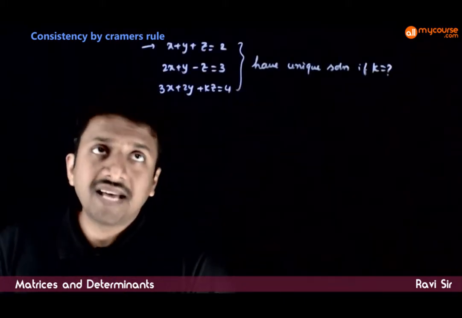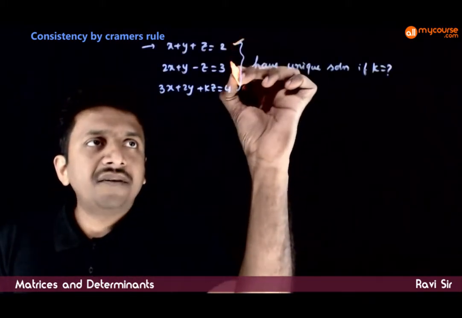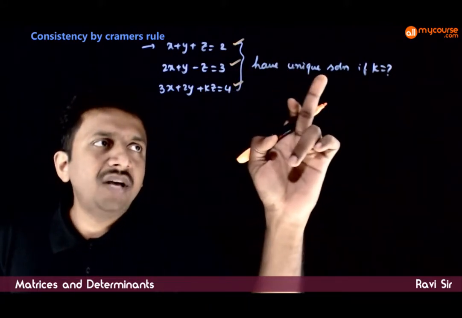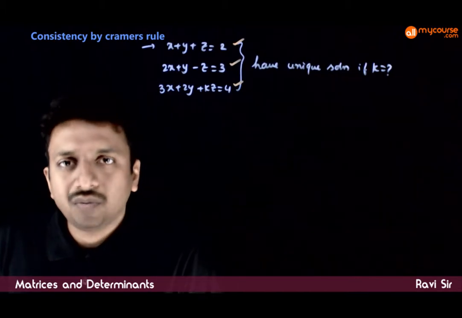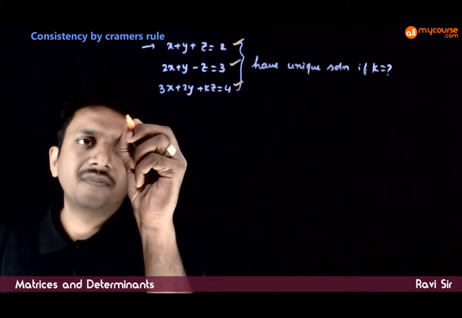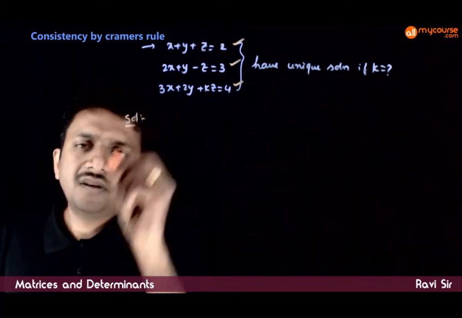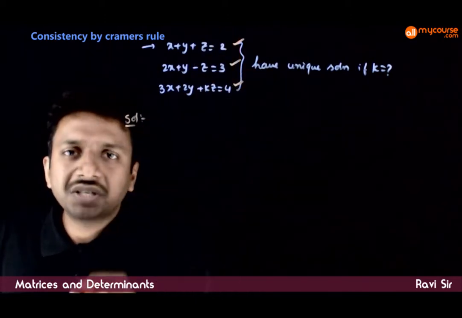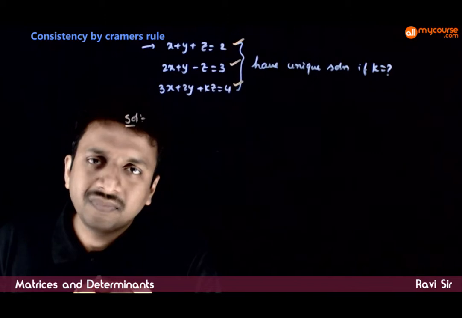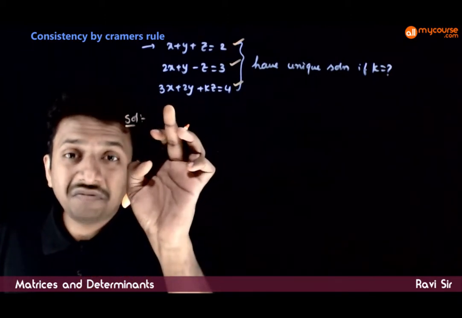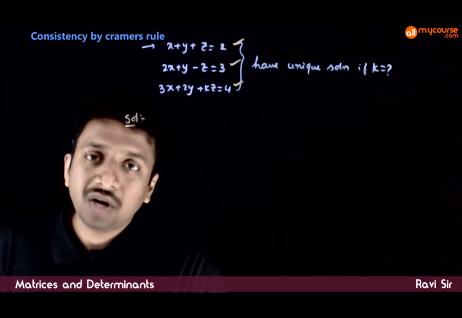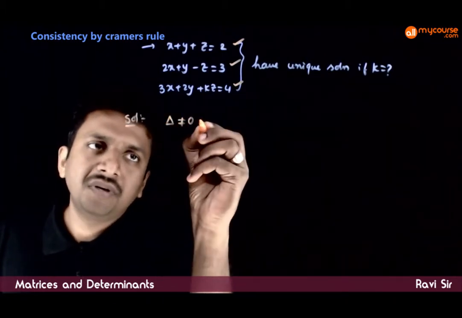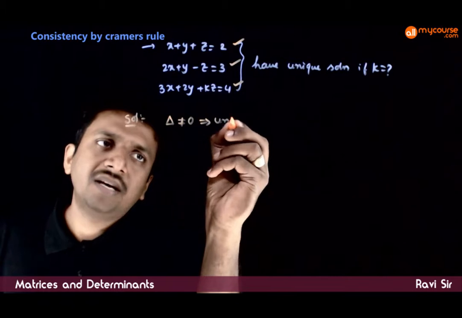So let us look at this sample question. You have 3 equations with you. These equations have a unique solution if k is equal to what? So let us use our concept of Cramer's rule. If the system of equations should have a unique solution, then obviously the determinant of the coefficient matrix has to be not equal to 0. So if delta not equal to 0 implies unique